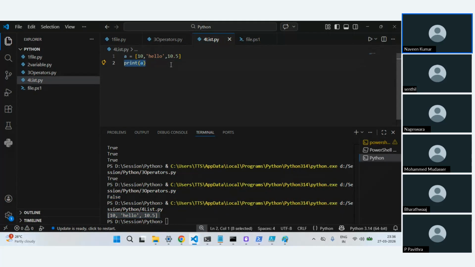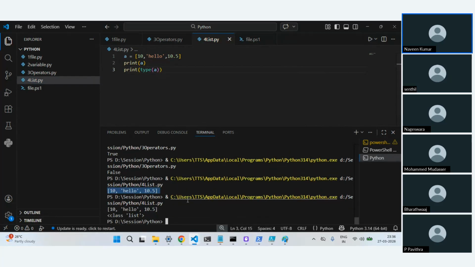Now let's do one more thing. I'll just do type of a, since you know these commands. It is going to tell us it is a list type. A list you will always define in square brackets, and as I said, it can hold different data types.